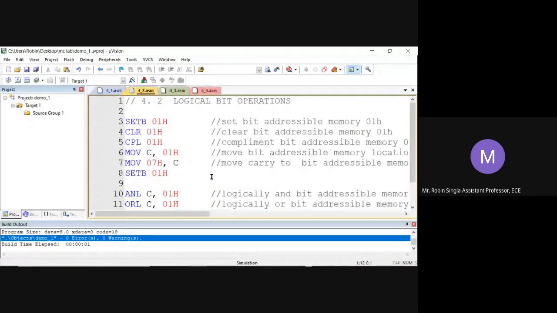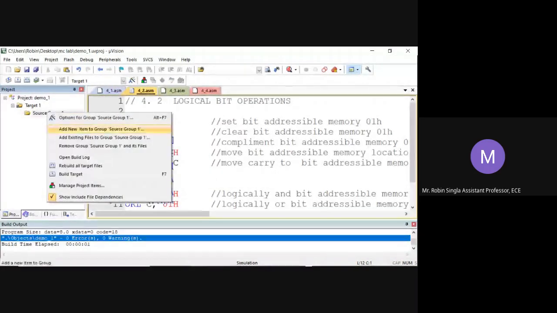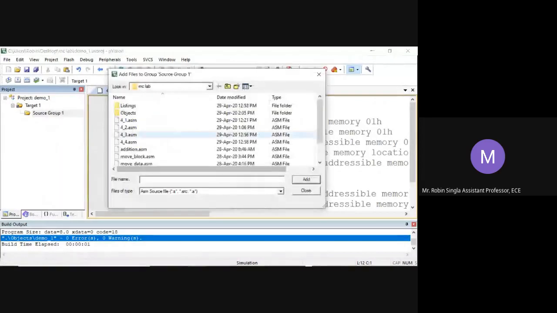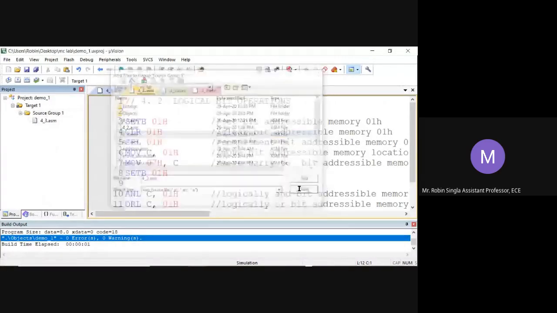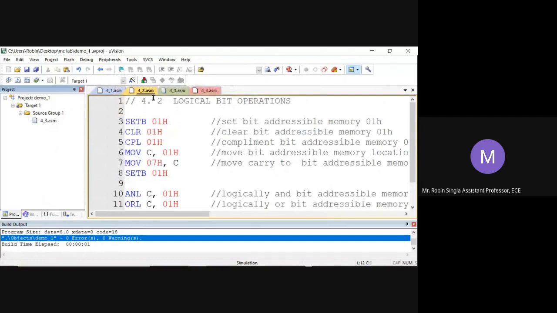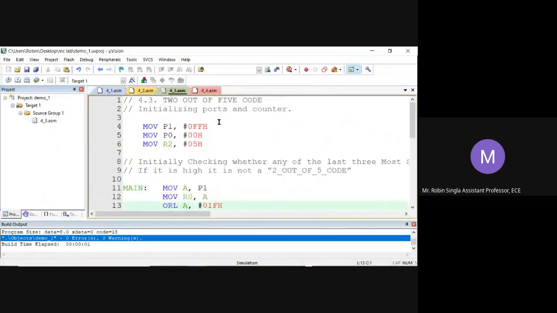Now we'll move to the next, 4.3. 4.3 is the 2 out of 5 code. We have to identify whether the number is a 2 out of 5 code or not.